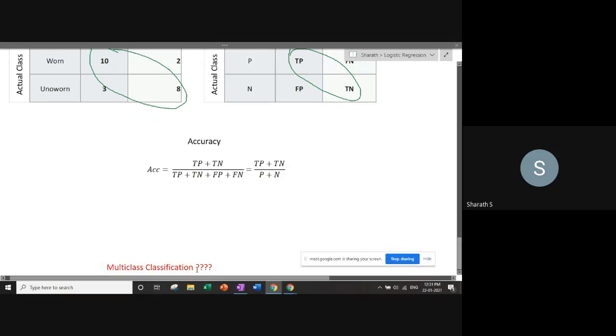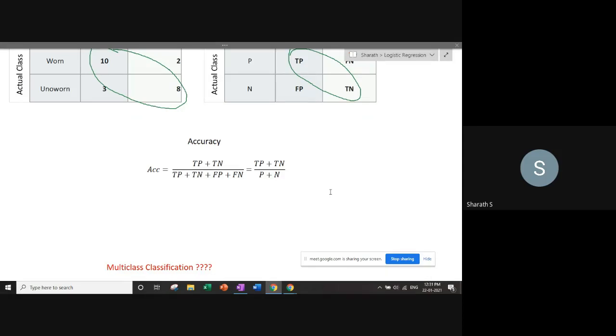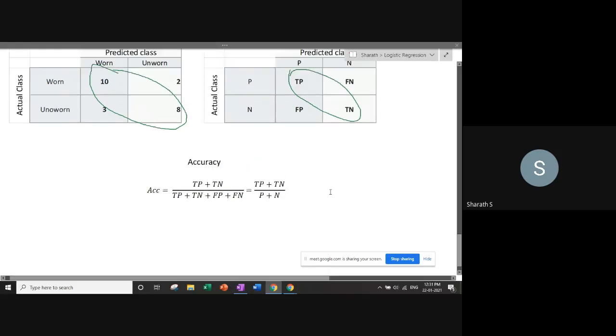Okay, so multi-class classification. Logistic regression itself can be improved for this, but there are other methods. SVM, support vector machines, is one of the most standard methods to do multi-class classification, and of course decision trees and neural networks. You can use all of them to do multi-class classification.